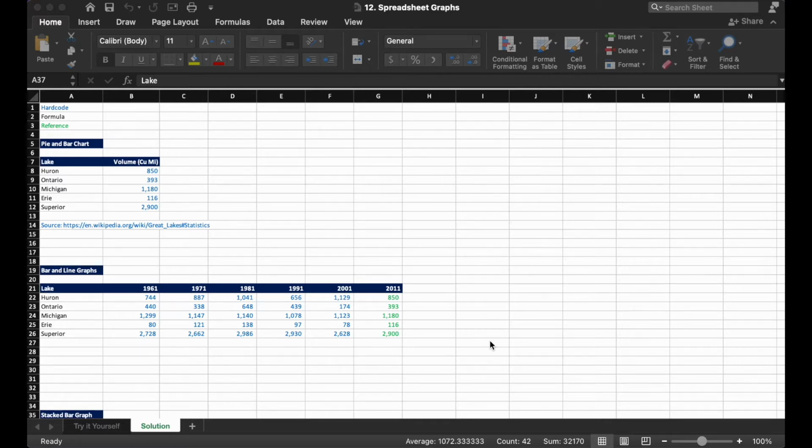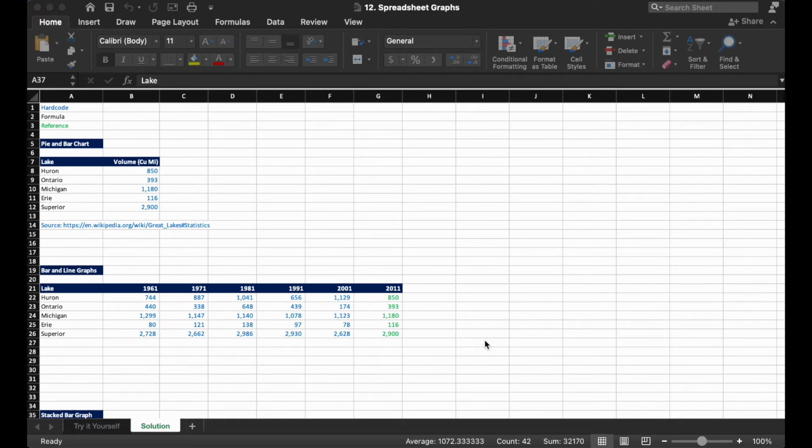So let's say, for example, you are doing a project on the Great Lakes and want to show the distribution of water by volume between the different lakes. So going back to our 2 questions, what is the story and what is the best way to tell it? We are trying to show the volume of water in each of the lakes, and we want to show how the individual lakes contribute to the whole. Any guesses on the best way to tell the story? For me, there are 2 that come to mind, a bar graph and a pie chart. Let's take a look at both and try to figure out which one makes more sense.